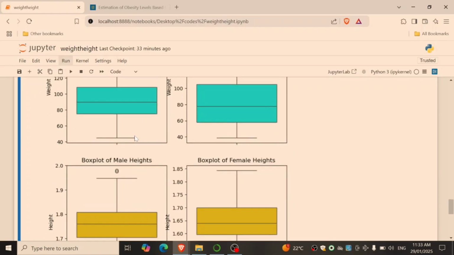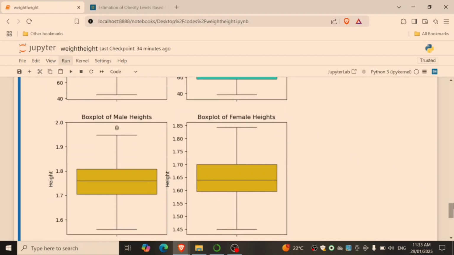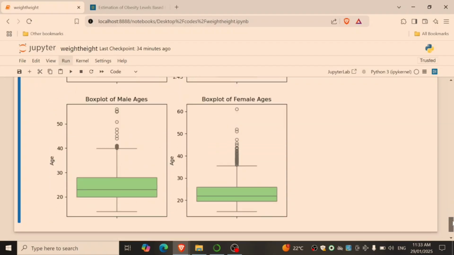There are some outliers for male heights. There are no outliers for female heights. And there are a bunch of outliers for ages. Now, the outliers for ages, I don't really consider much of a big deal, because age is somewhat indicative of the level of obesity someone will have, but not too much. But we're going to analyze the outliers separately, and that's just so that the K-means clustering can work